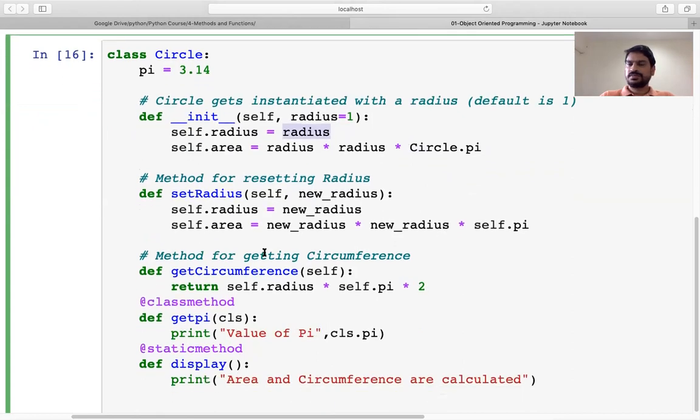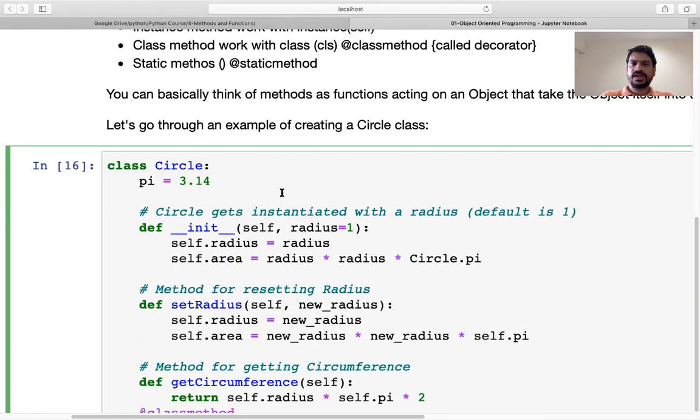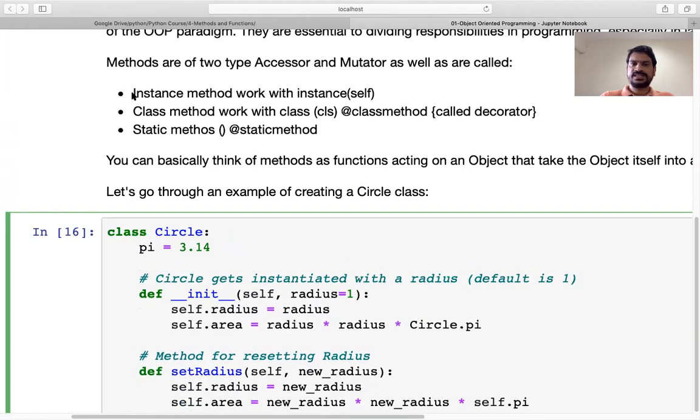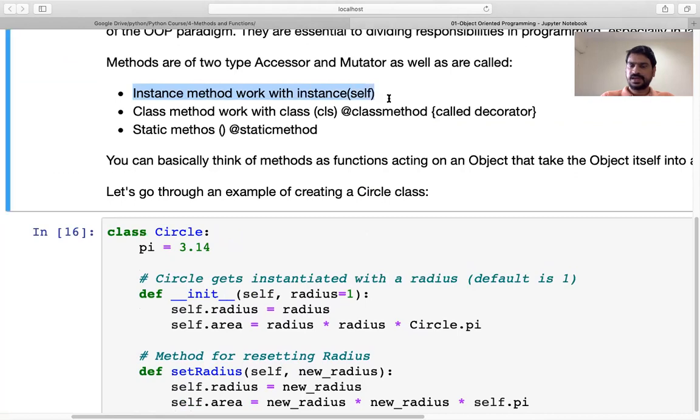Now after that we have some methods. One of the methods is called the set radius method. What it is doing is, it is a type of mutator which is mutating the value, right? And it takes self. It is a type of instance method. Getting it?